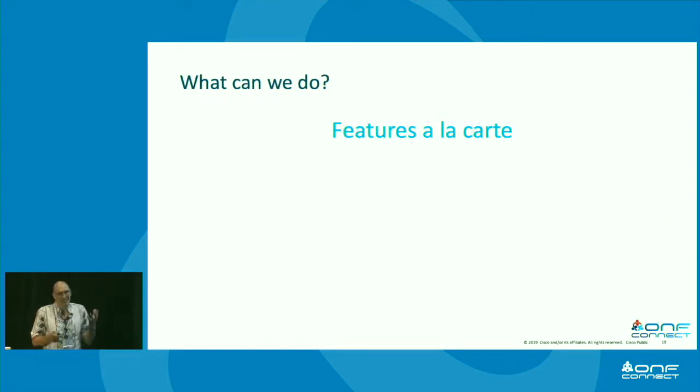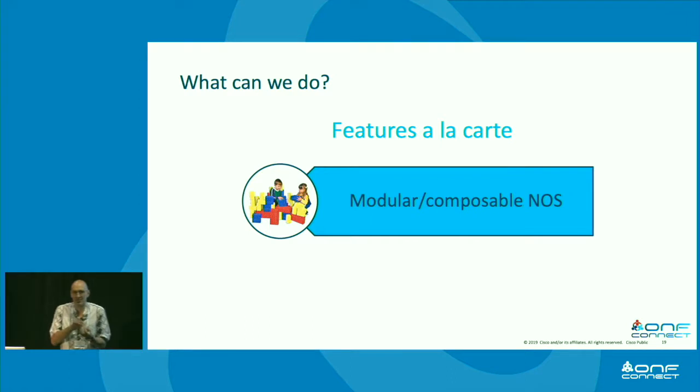So the best way to benefit from this opportunity of having scalable profiles is to be able to offer some sort of a la carte profile where features are created in a way that's modular, not just in the data plane, but also in the operating system and in the applications. And ideally the customer, but even in a first step, even just the vendor can, based on what a certain customer or a certain market segment needs, choose which features to put together. The system is modular, so those features can be put together,